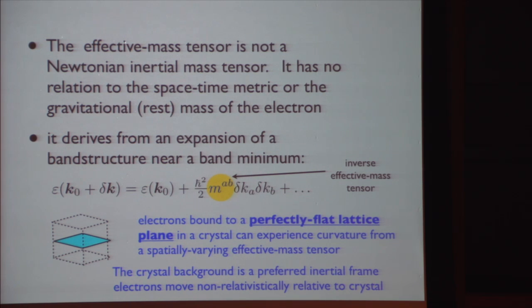It only has a role to play when you have some gravitational effects, like you spin the crystal and get Coriolis forces and stuff like that. Then you'll pick up the spatial metric. But otherwise, everything is coming from this condensed matter